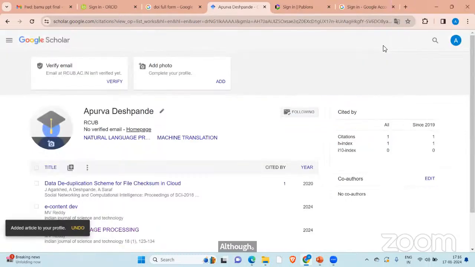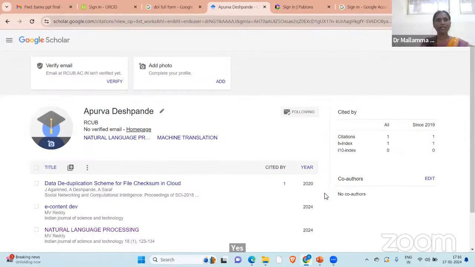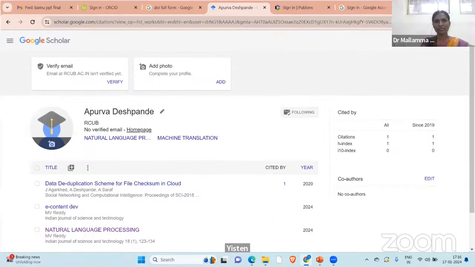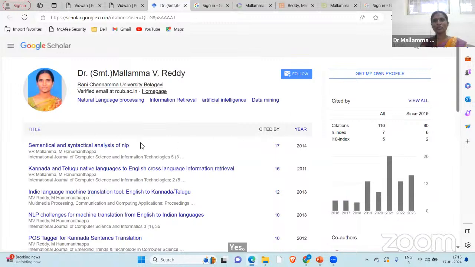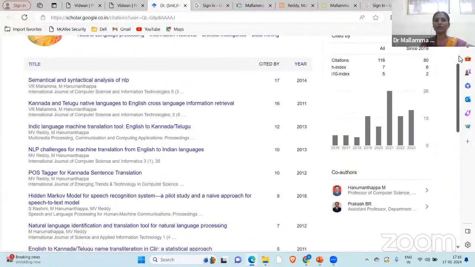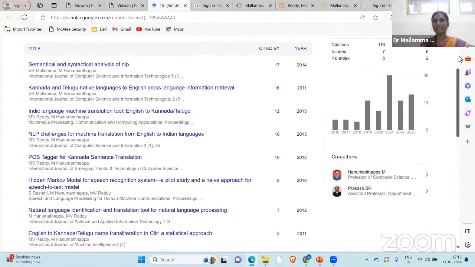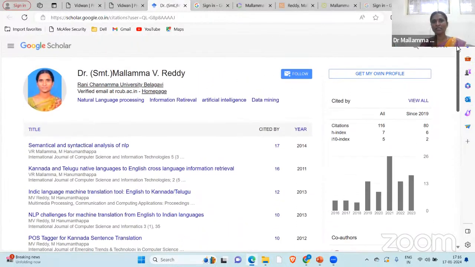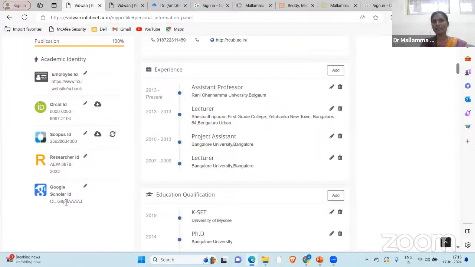Yes, ma'am. Yeah, this is how you have to do, and I will show mine now. That's just a simple form for that. So here you have the papers that you can bring online automatically as soon as you make it public, and you have clicked, the data will come here, and the citation and everything will come here. Okay, this is about your Google Scholar. So you have copied this Scholar ID and you have pasted it into Vidwan. So whenever you click on this, you will get that. So the second ID is done. One is employee ID. Second is the Google Scholar ID.